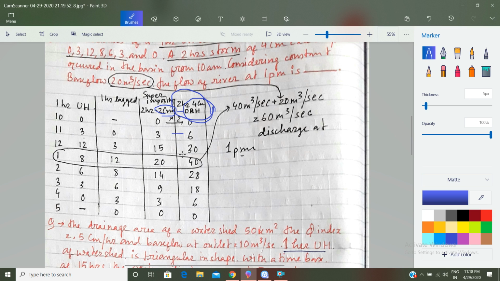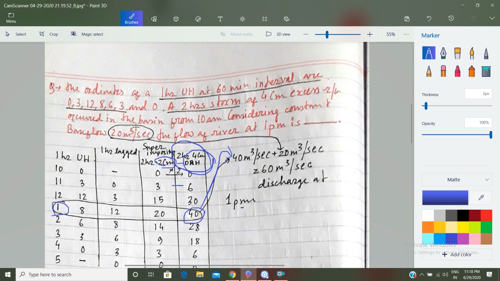See what we have done here. 3 into 2 is 6, 15 into 2 is 30. Now we have stated we need, at 1 p.m., what will be the peak discharge, what will be the discharge ordinate. It is 40 meter cube, but we need the base flow also, considering constant base flow 20 meter cube. The flow of river at 1 p.m. will be